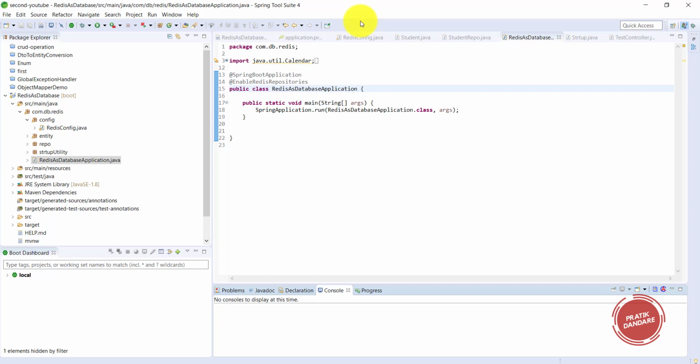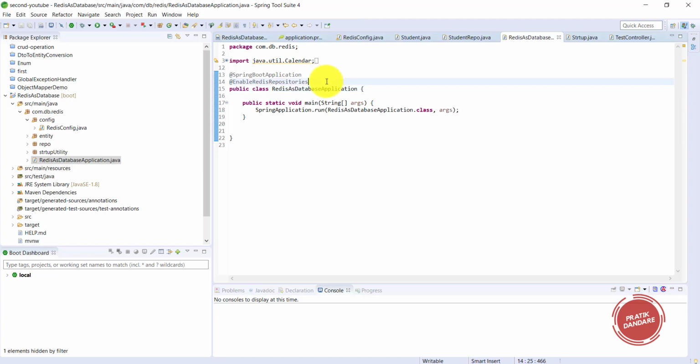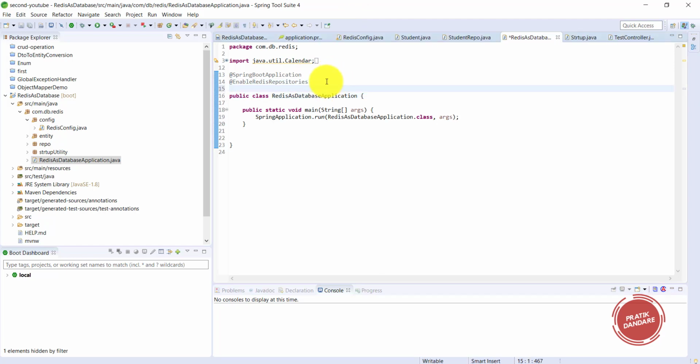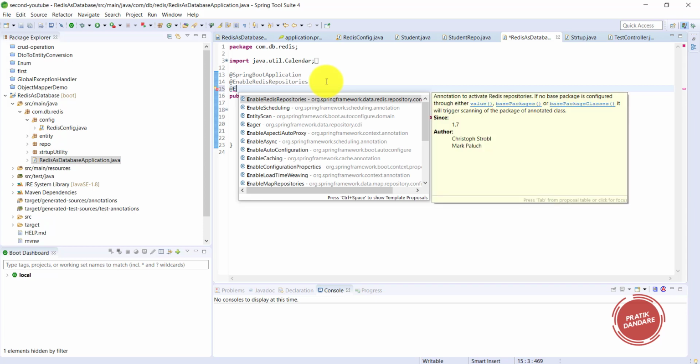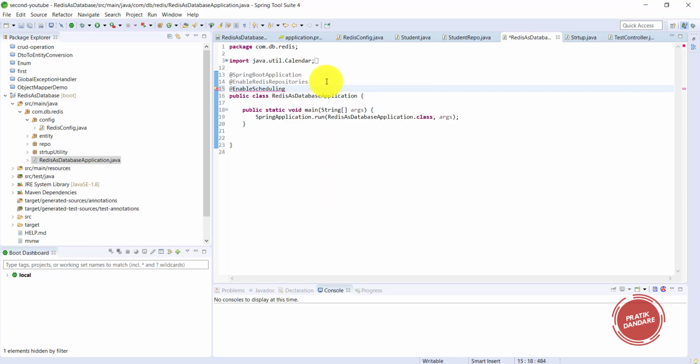Okay, so let's start. To create a scheduler, I need to add an annotation on main called EnableScheduling. Okay, so this is the annotation, and after that I am creating one scheduling task here.